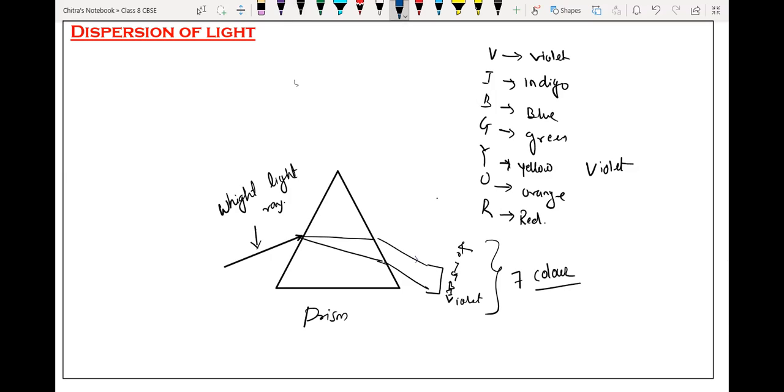So I'm writing the first definition. What is dispersion of light? When white light, or the ordinary light we can say, when a white light ray passes